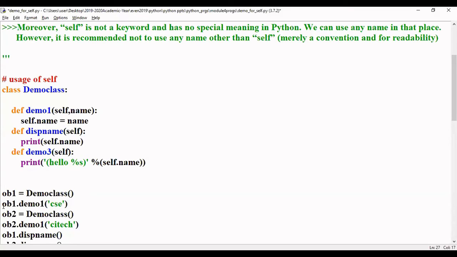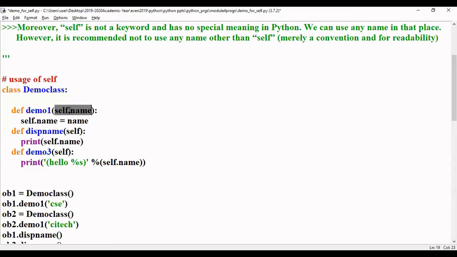Now next, how am I calling here? ob1.demo1(CSC). What parameter am I going to pass here? CSC as a parameter. But in demo1, how many parameters do we have? We have two parameters here, self and name. But self, by default in a method, will be there whether you have an argument or not.